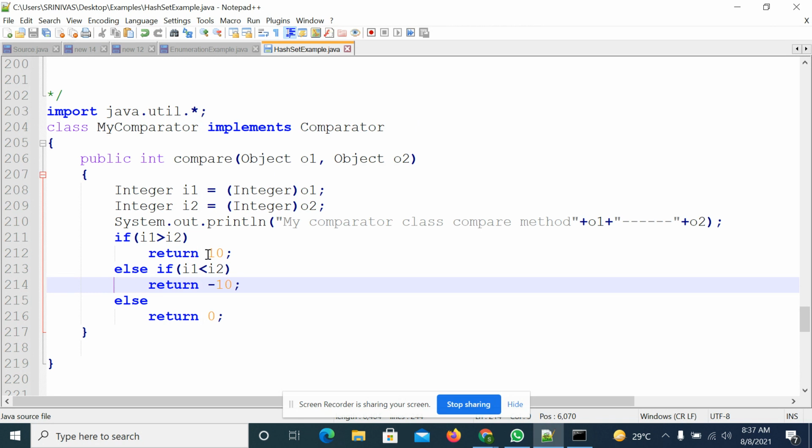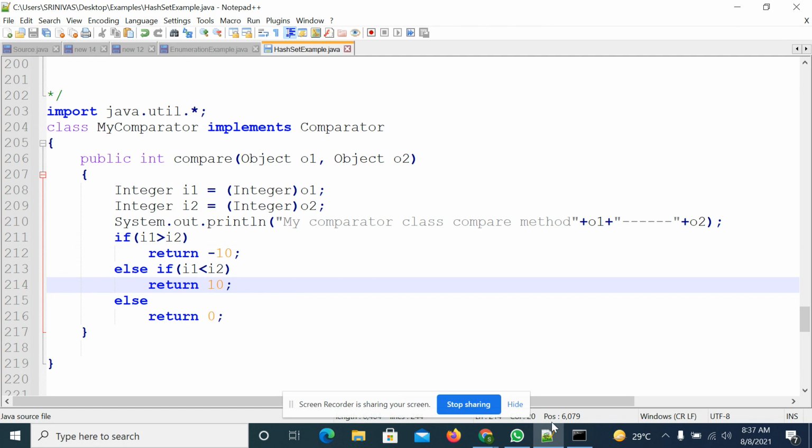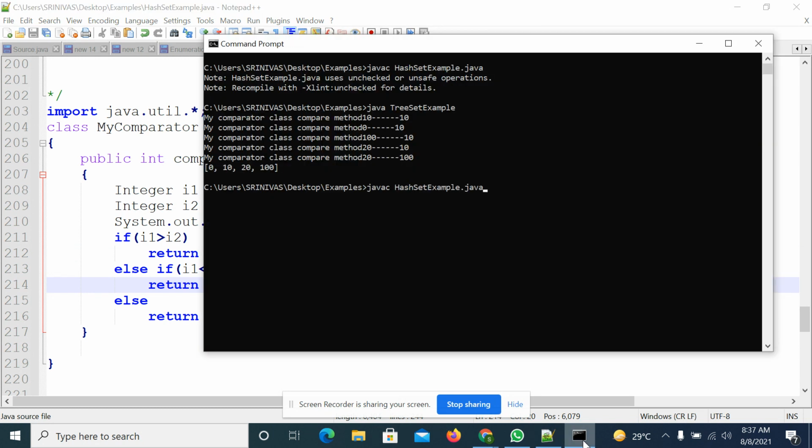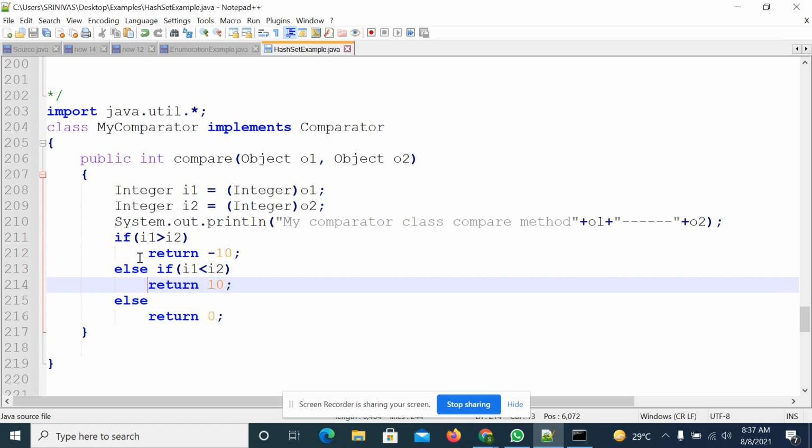Suppose you change this order. See here, if I am passing negative here, if I am passing positive here, so elements will be in descending order, right? So compile, execute, you are getting the elements in descending order. Suppose you don't have these statements, and only one is written.